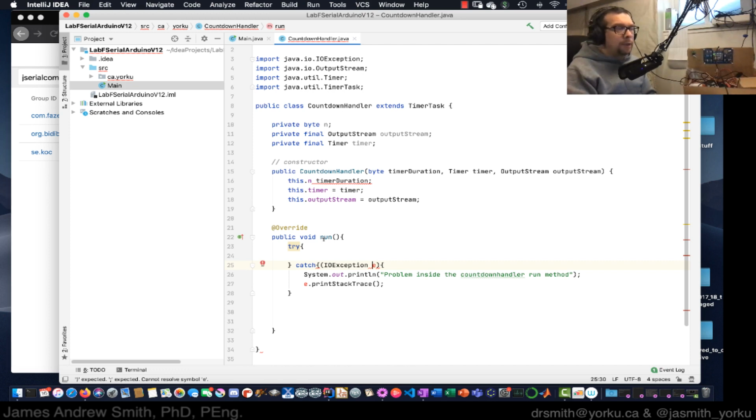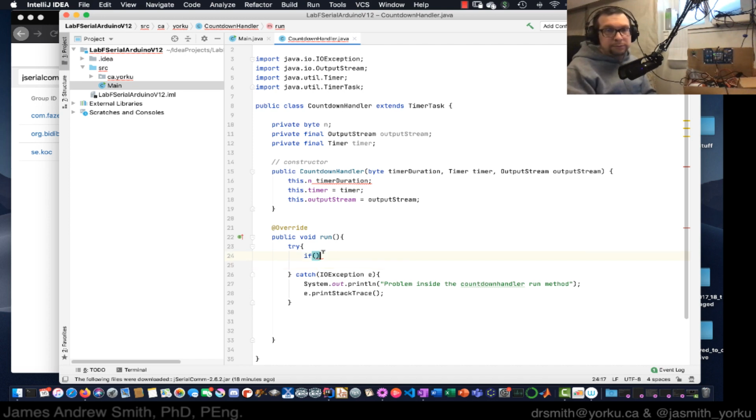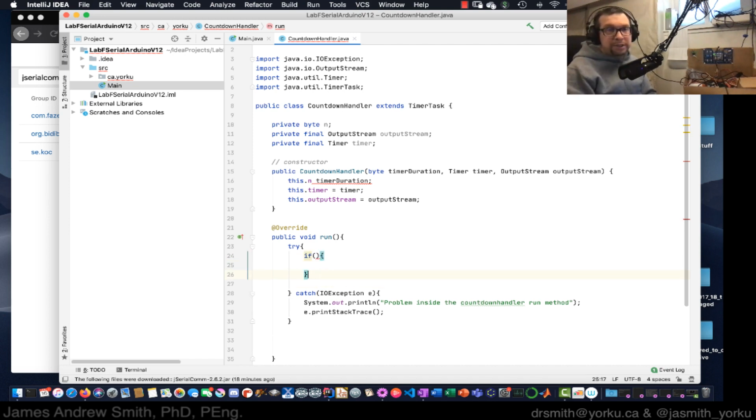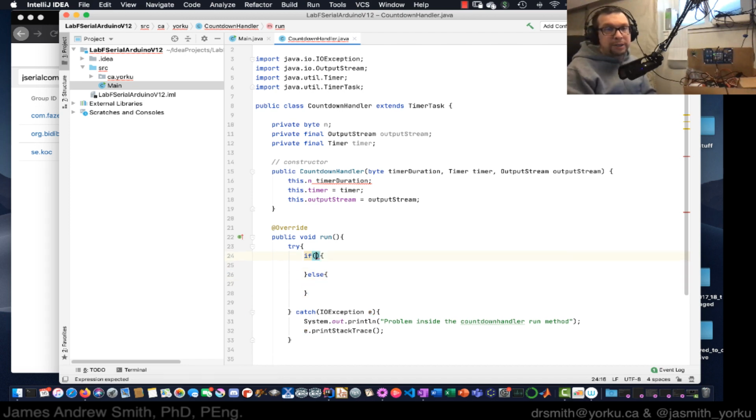Okay, we'll assume that that red is not, oh, yes, right there, that's why. Okay, it was wrong. I had an extra curly brace. So then if, curly brace right there, else curly brace right there. So in the if right there, we go if this dot n is greater than 0, then that's normal operation,